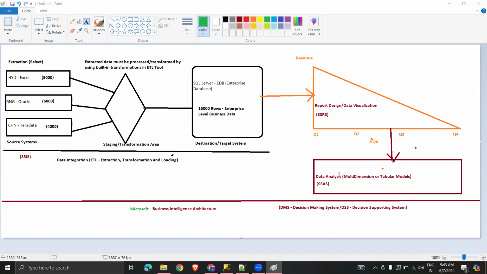Yes, Mr. Balaji. And to this point, SSAS can have many alternative tools, right? Yes. Power BI, Tableau. Every data visualization tool has its own analytical options basically. So you don't require to search for a person who really has SSAS experience. If you have experience in SSIS, SSRS, and Power BI, you are most welcome.